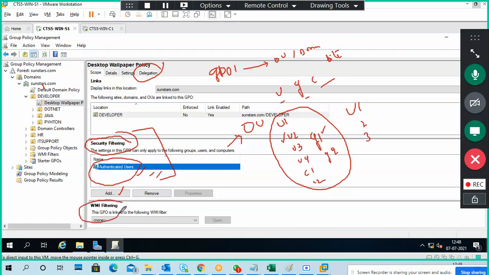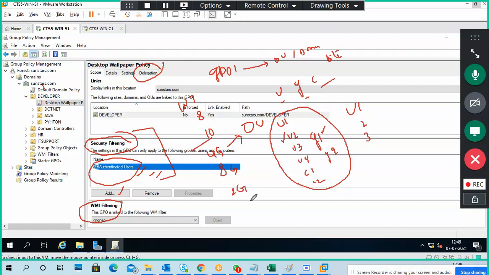This last one, if you see, is WMI filtering. What is this WMI filtering? Actually, I tried it in the initial days, but I stopped doing that. WMI filtering means, in my organization I have a lot of client computers. Some are Windows 7, some are Windows 8, some are Windows 10, or maybe some are with 4 GB RAM, some with 8 GB RAM, some with 2 GB RAM, like that.